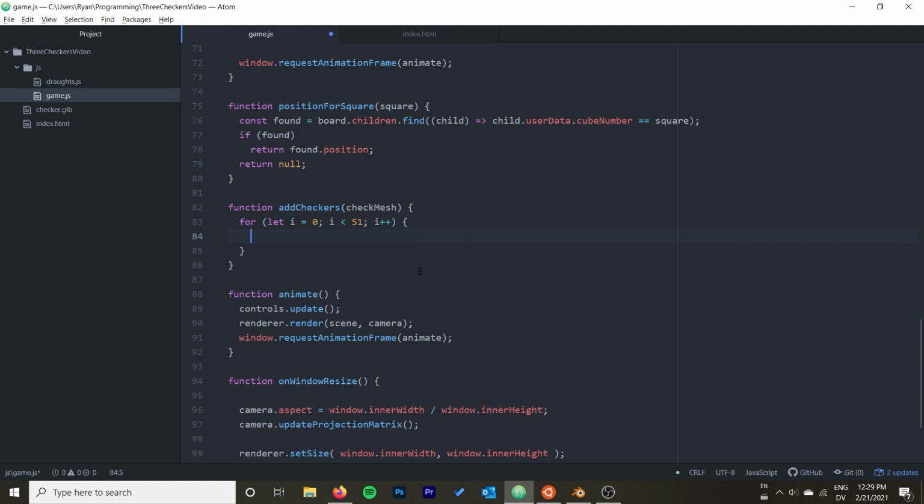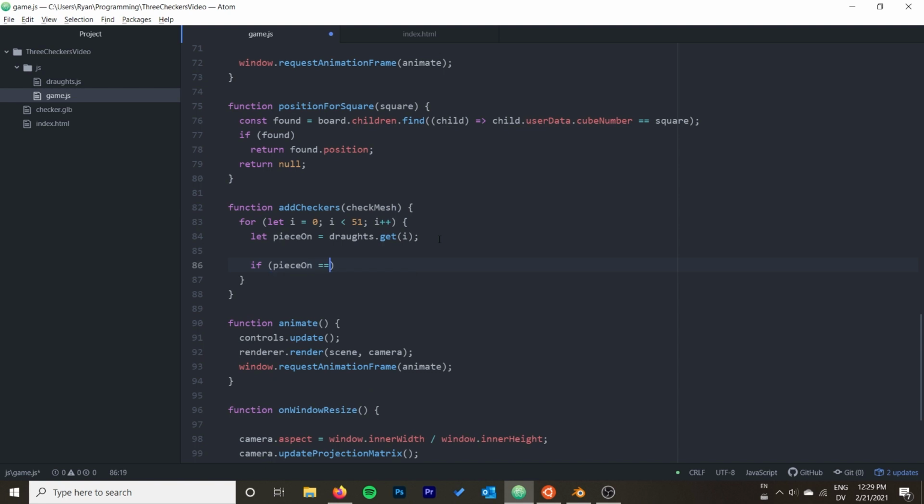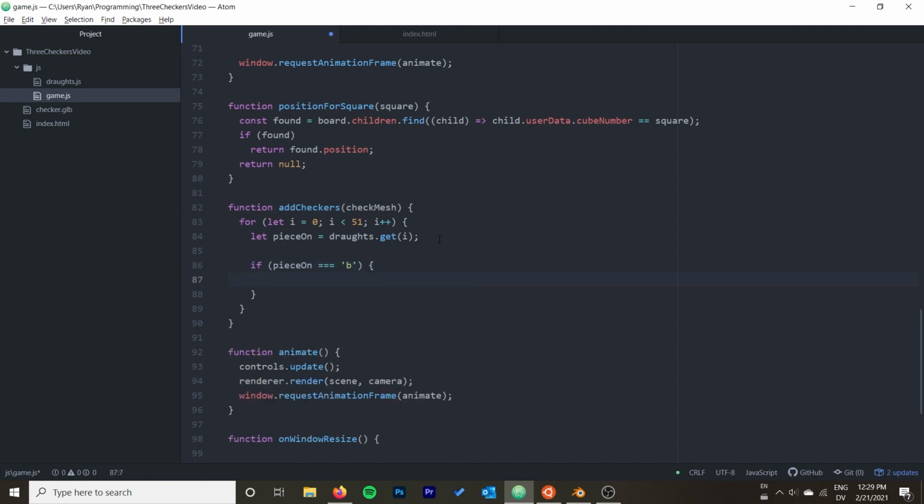Then what we will do is we will say let piece on equal droughts.get(i). So this is going to give us black, white, or nothing. Okay. So if piece on is equal to black, which is represented by a B, then we will do